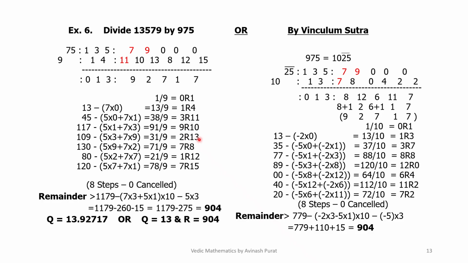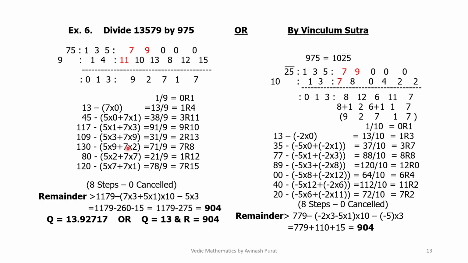So 2R13 is the answer. Now 13 is 130 minus (5 into 9 plus 7 into 2), that is 14 plus